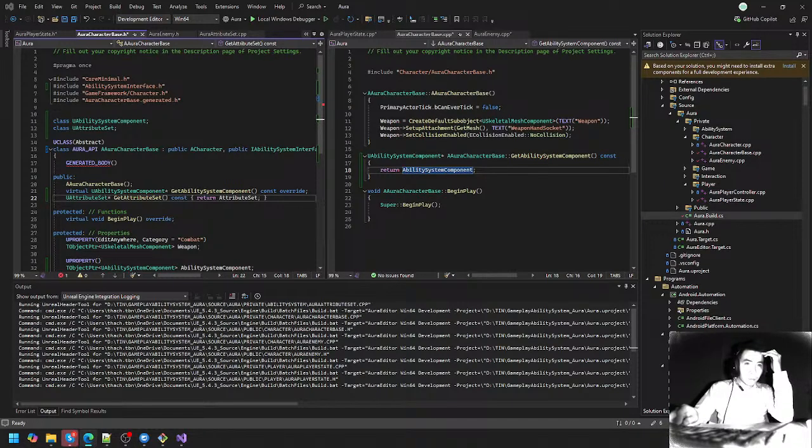Now because it's a pure virtual function, and the module is in the public array, we don't need this in the private dependency module names. We'll just keep it in the public. Now here in our character base, Rider auto